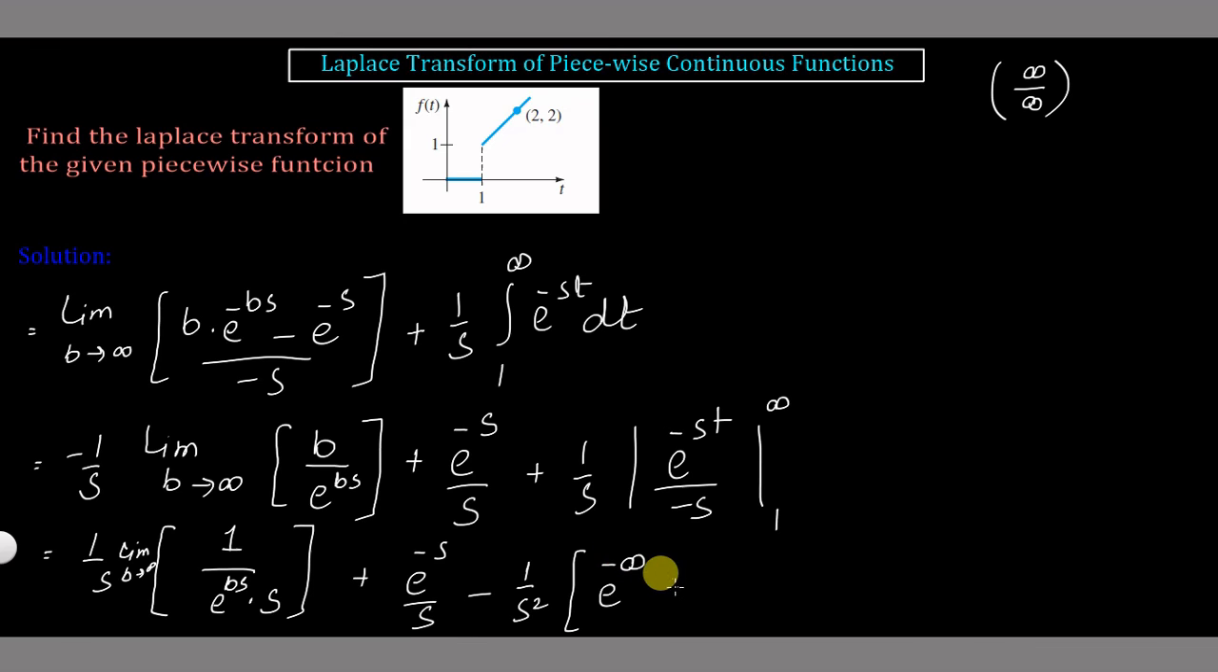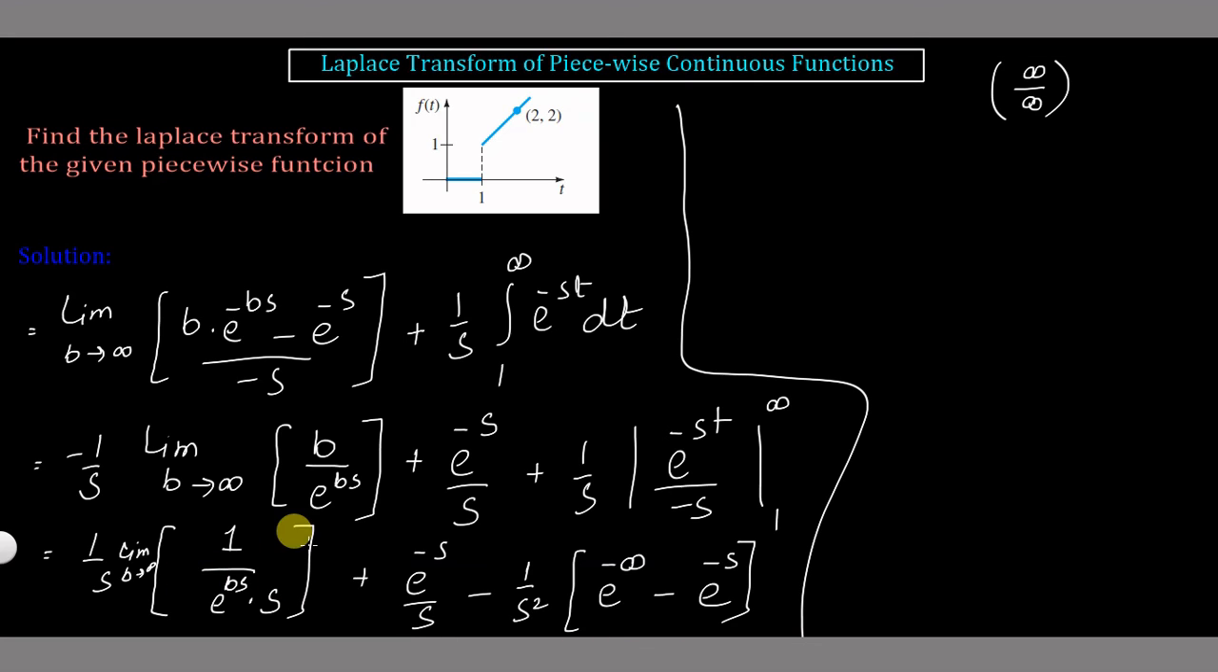So this will become e raised to the power minus infinity, and this will become e raised to the power minus s. So this is our final procedure. What we will do next, so this is 1 over s, and now you can use the limit over here. If we use the limit over here, it will become limit b approaches infinity e raised to the power minus bs dot, and this s will be out of the limit, so you just have this expression